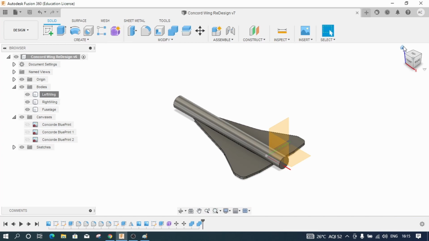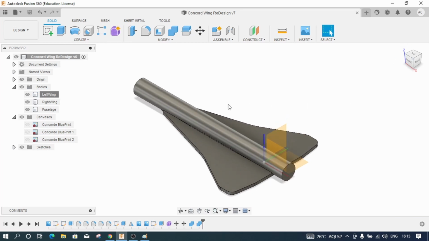And now I am happy with the body as well as the wings. That's it for this today's video, and I will upload the next video regarding how to make the tail, how to make the nose, and how to make the wheels. The wheels will be on part 4 and the tail, the nose and the vertical stabilizer will be on part 3.